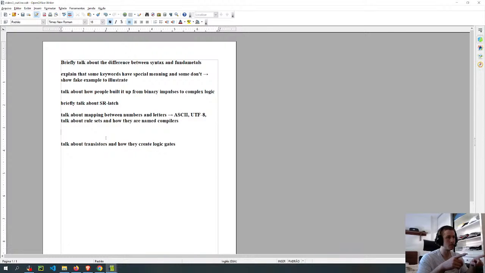So the difference is probably in the way that the compiler interprets them. But even if that's the case, I don't see any particular reason for giving a different keyword, because even if there are differences in the functionality and the way that the rule sets create the logic at the lower level, I don't see the reason for creating a different syntax. It would be much easier if all the programming languages used the exact same syntax, because the principles don't change that much. So it would be a lot easier to learn.